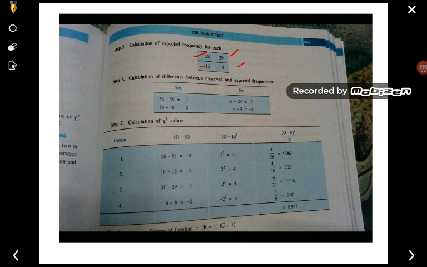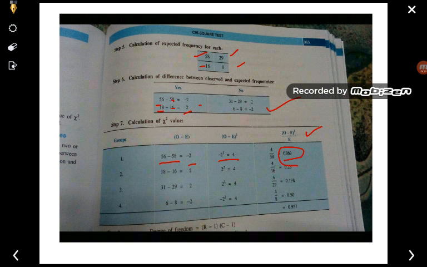So here, 56 was the observed value; observed value minus expected value gives minus 2. Similarly, here observed value minus expected value gives 2. So in this way we will get the observed minus expected, and similarly in no also. We know that we have to square it. So we have to put all this data in the contingency table. First one, that is 56 minus 58, that is minus 2, and we have to square it. After squaring we put it in the formula and we will get roughly